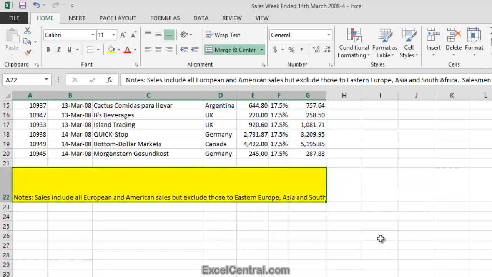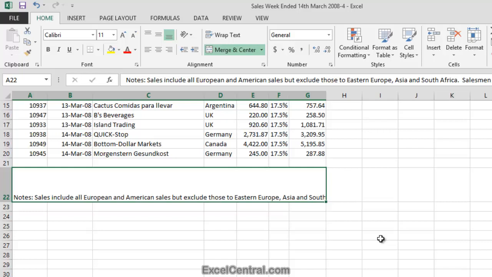Well, I can see that there's now enough space in the cell for all of the text, but the text is still only appearing on one line. It needs to appear on multiple lines in order to read all of it. In order to make the text appear on multiple lines, we need to make the text wrap.